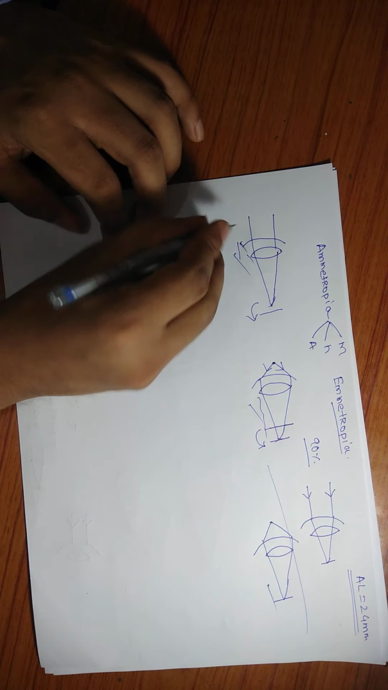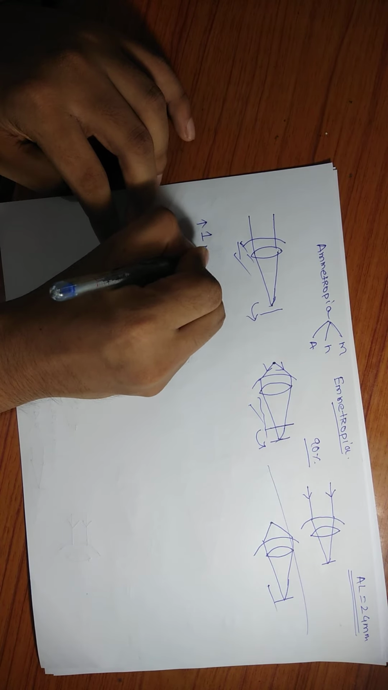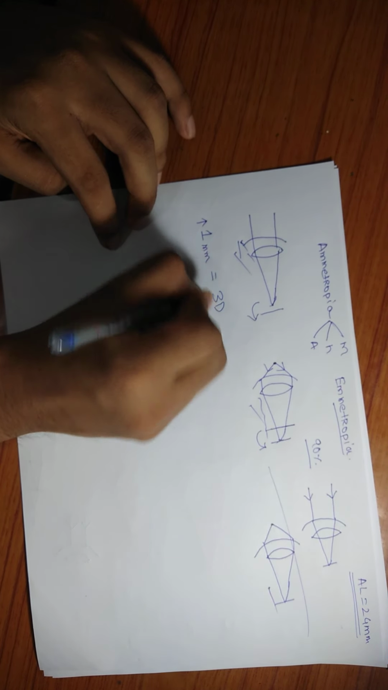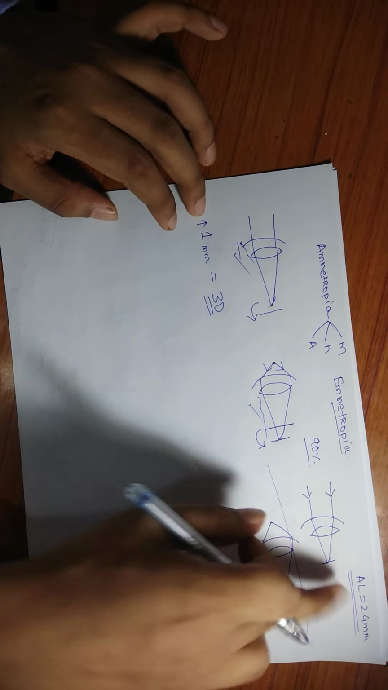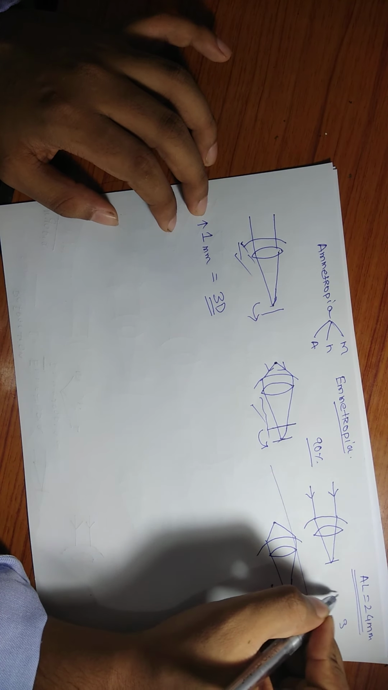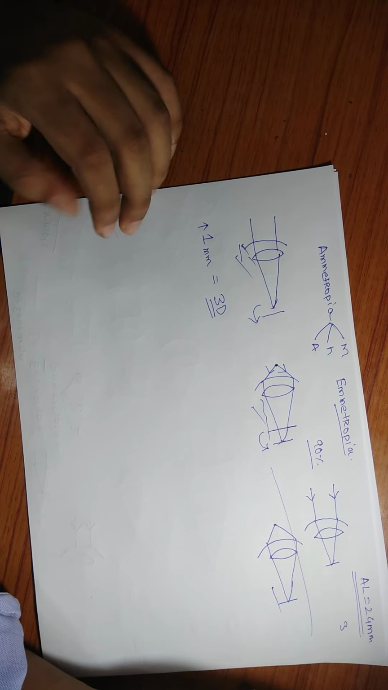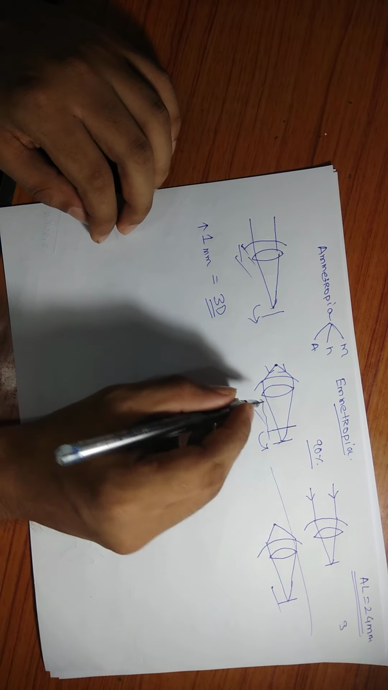Okay, and with an increase of 1 mm, we have a 3 diopter change. If this axial length increases, let's say to 25, it will give 3 diopter. If it is 26, it will give 6 diopter. Okay, so with this, let's say a person is having